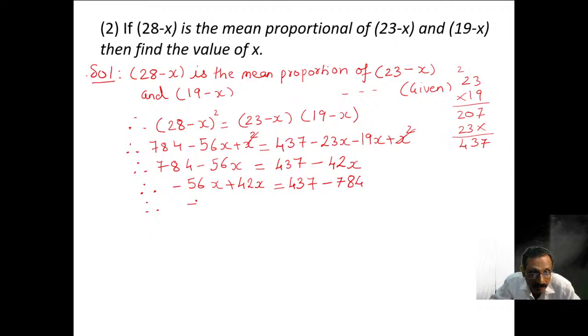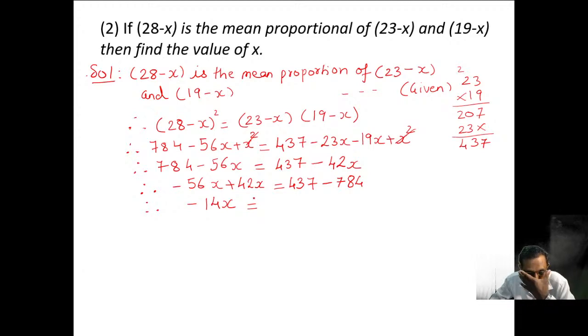Its sign is minus. From 56, we remove 42. From this we remove 2, we get 4. From this 5, we remove 4, we get 14. Is this over? No. We have to write this x term along with it, which is equal to, now 437